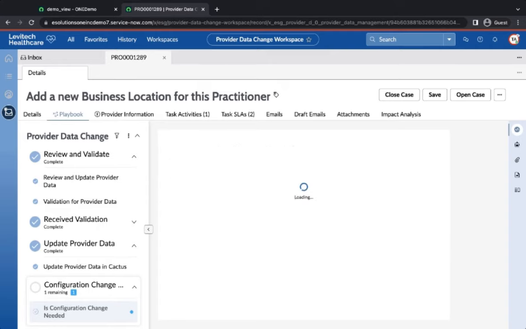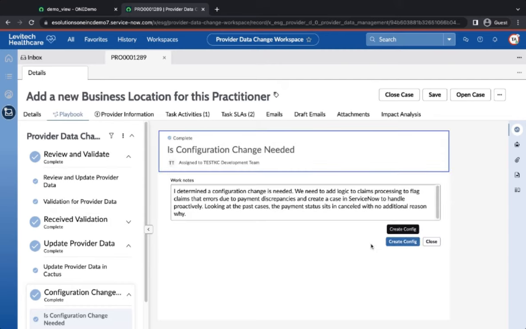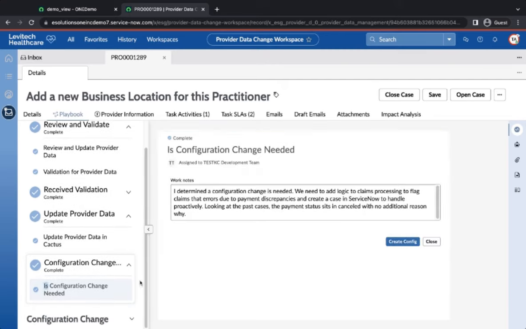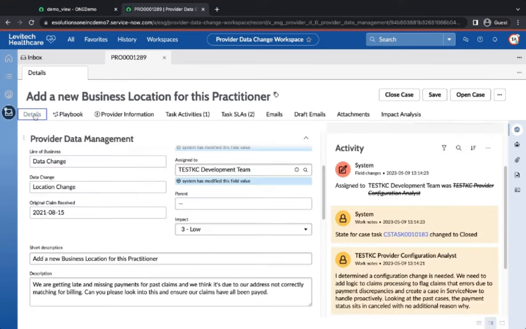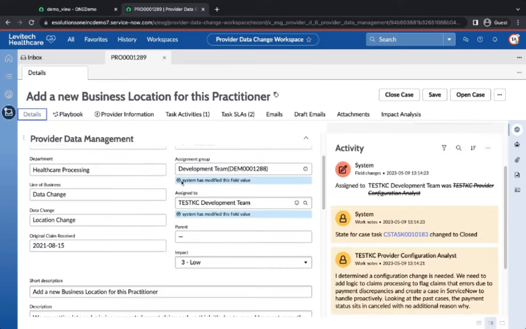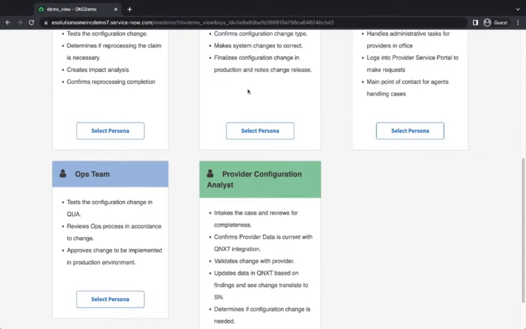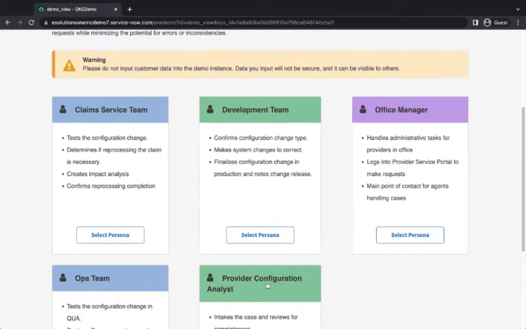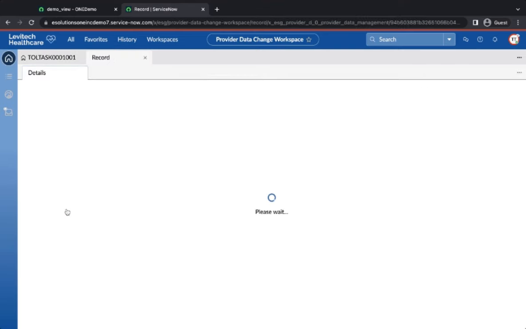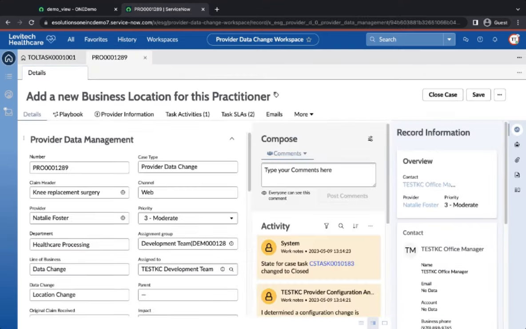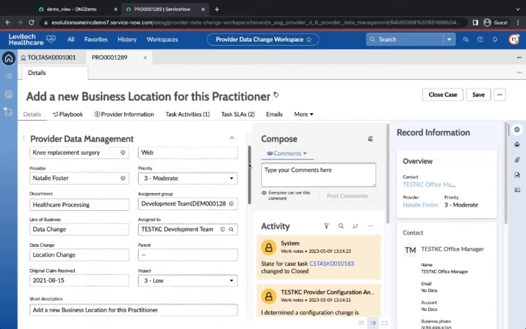Creating the configuration. A new playbook is generated, and the case has been assigned to the development team. Closing the tab, we can switch impersonations. Finding the case in our list view, we review the case details,